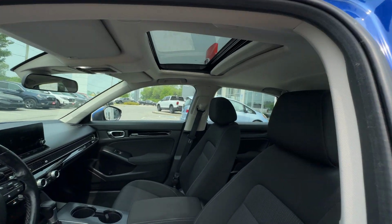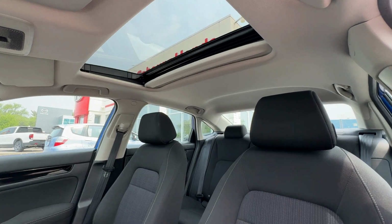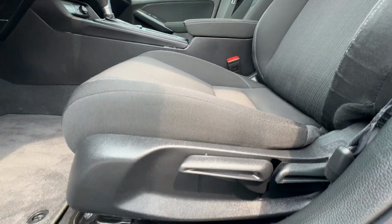Now, in the front, the EX model gives you this tilt and slide power sunroof up top. And then again, the same nice seat condition as we saw in the rear. Height adjustable seat as well. Now, hopping in,